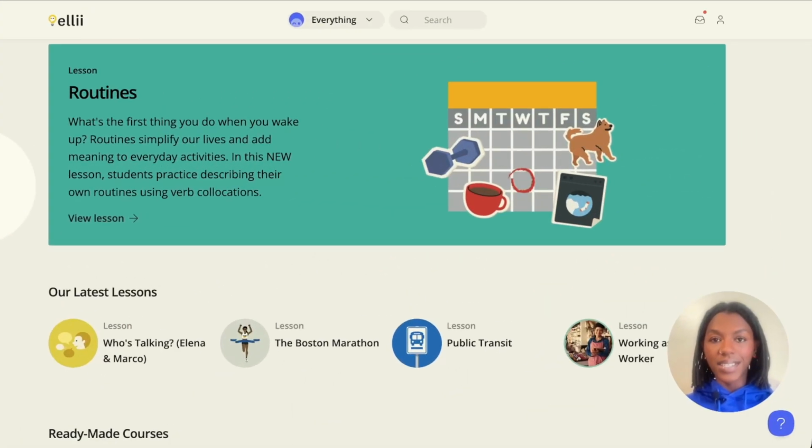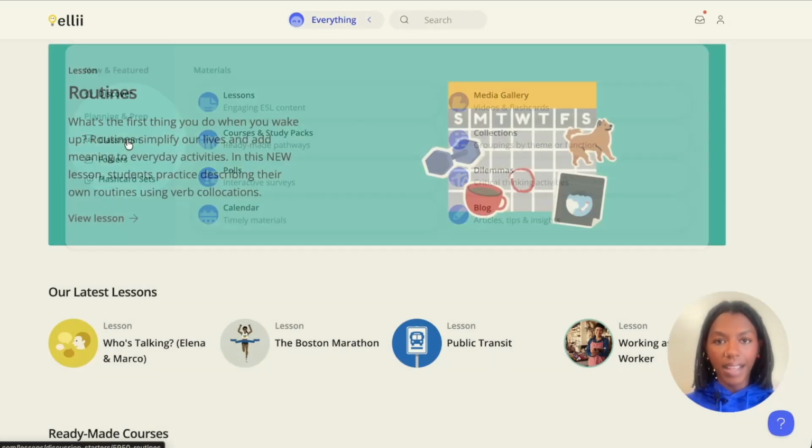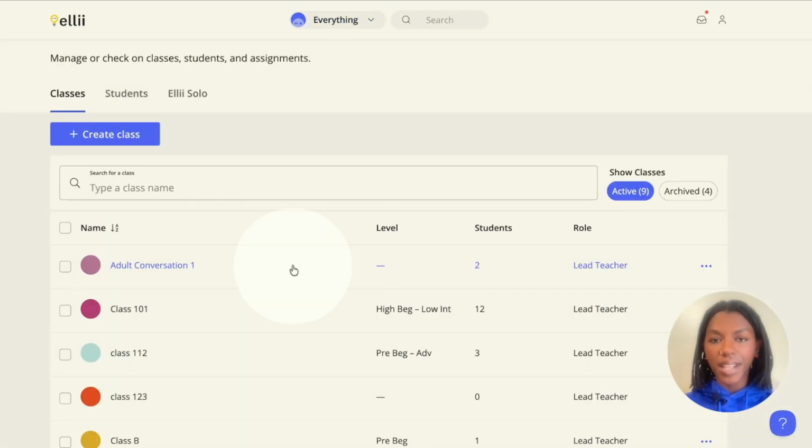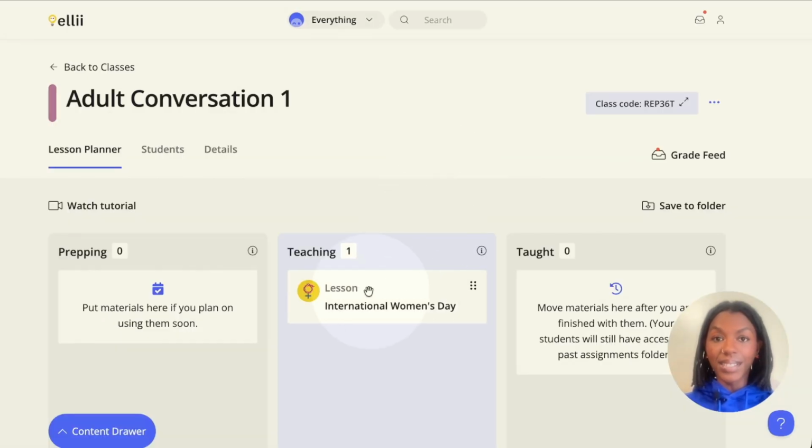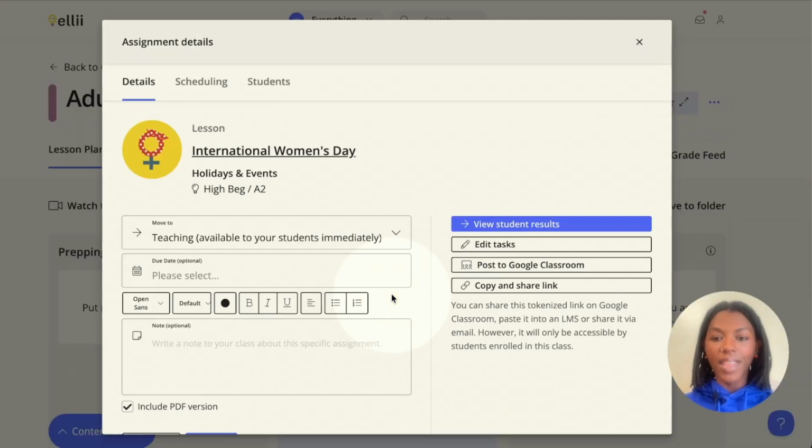Once you have logged into your account, click everything at the top and click Classroom from the left-hand side. From here, choose the class you'd like to view. Click on the lesson you'd like to leave feedback for, and click the blue View Student Results button on the